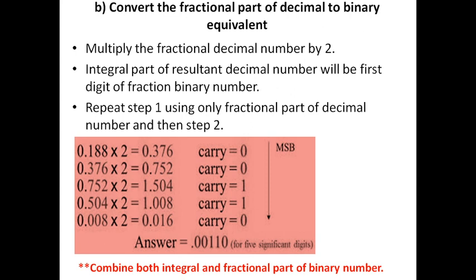Sometimes you don't get 0, you continuously get it, the pattern gets repeated, so you can calculate it for 5 to 6 digits, and this becomes your MSB, and you have to follow this while writing from top to down. So the answer is